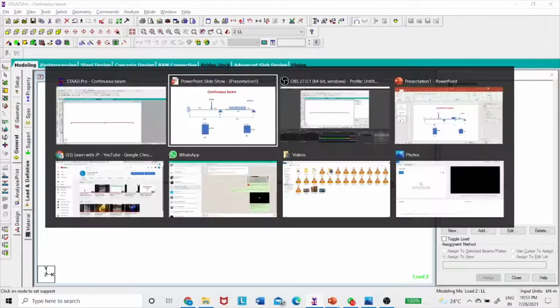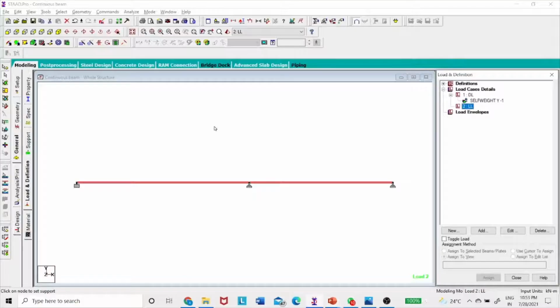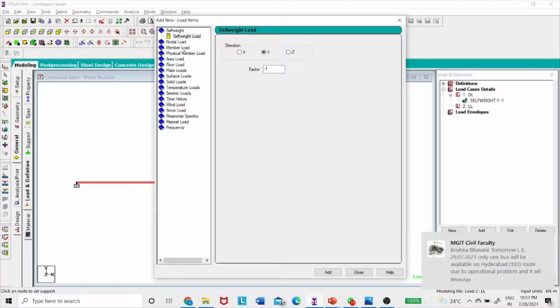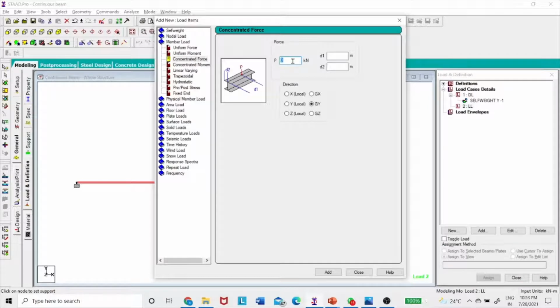In the live load case, I have one concentrated load in AB and one uniform force in BC. First I will check the concentrated force in AB. Go to the live load, press add, and the member load is this, and it is concentrated force. This value is 20, and it is downward, so I have to enter -20. But at what distance is it acting?